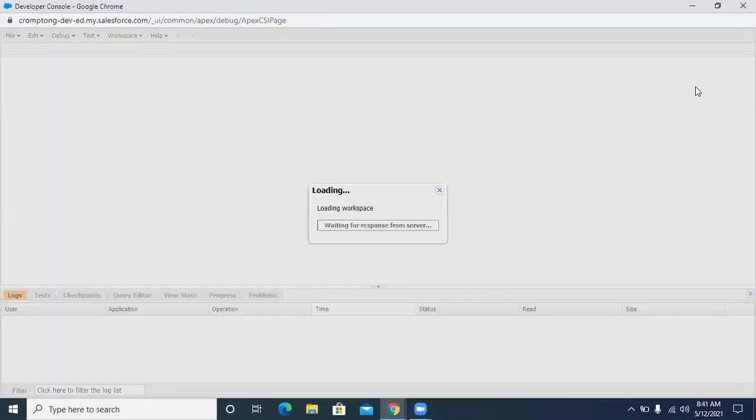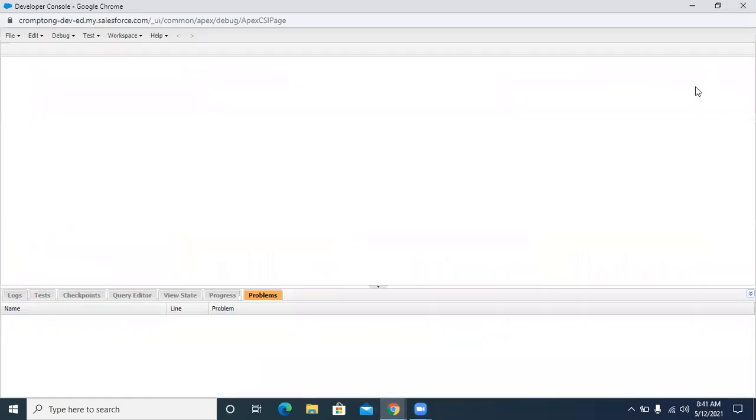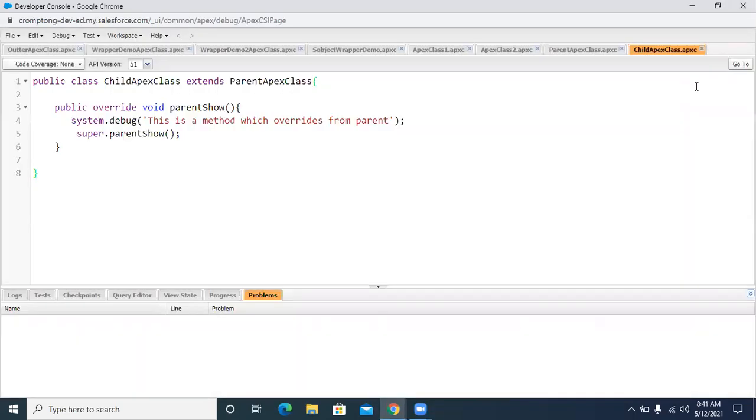So till today, we know how to declare variables, right? And we know how to insert the records. We know how to update records. We know how to retrieve the records and delete the records. Bulkification, using for loops, for each loops, collection variables we have used list, set, and map. And we stored all those stuff into the Apex classes, and we know how to create Apex classes, and